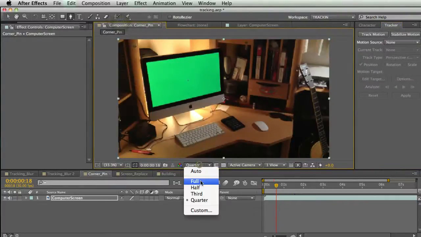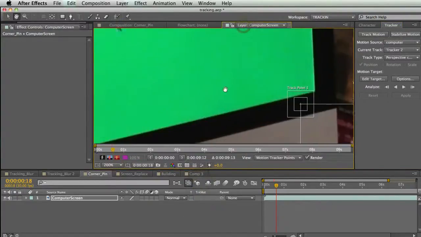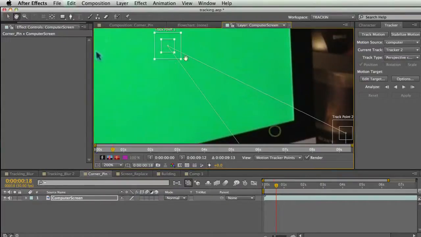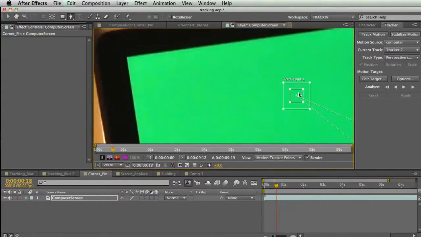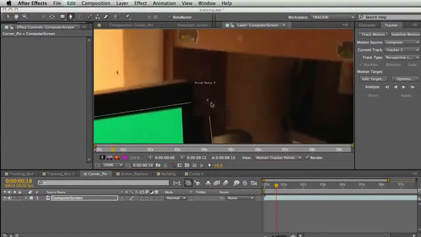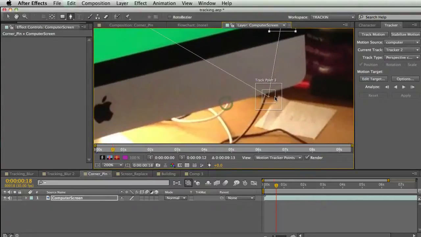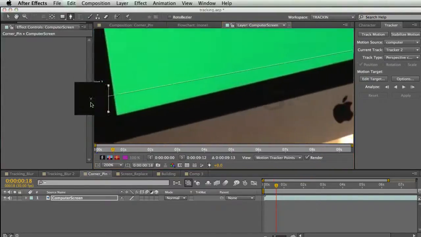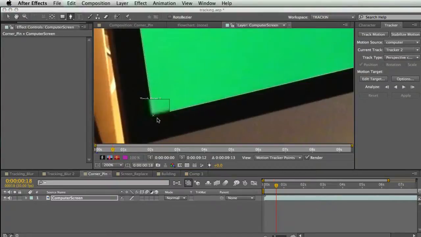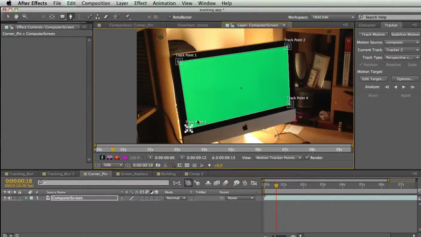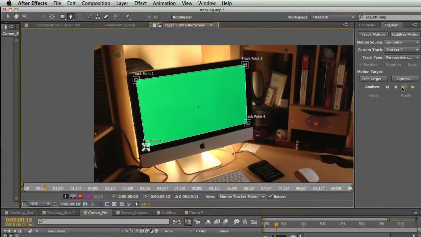First of all, I'm going to make sure I'm at full res, and I'm going to move my track points to the corners of my screen. So this top corner, I'll put track point 1, track point 2, I'll put up in this top right corner, track point 4, lower right, and track point 3, lower left. So now I'm just going to track the corners of this screen, and it's going to apply that data to an image. So I'm going to analyze forward